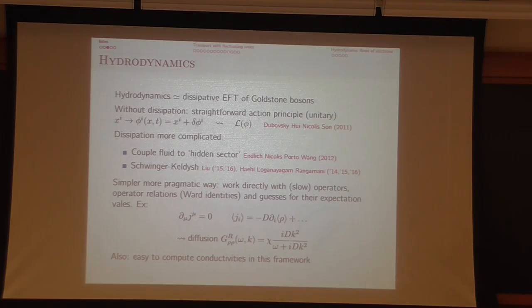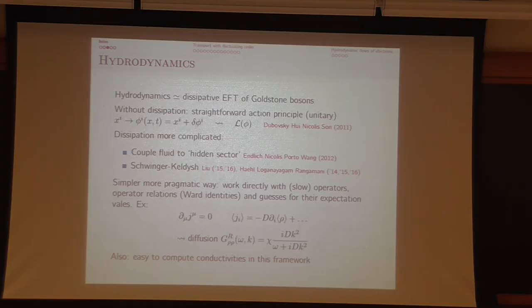But incorporating dissipation is much more complicated because the evolution won't be unitary. So one thing you can do is couple your fluid to a hidden sector and then integrate it out, and have some kind of non-unitary evolution for the remaining degrees of freedom. And more recently, there's been a lot of effort by these two groups in formulating hydrodynamics as a specific quantum field theory on a Schwinger-Keldysh contour. They found a lot of rich structure in this formulation, but in terms of pragmatic calculations, getting conductivities, getting Green's functions, I don't think this is developed enough to be useful at this point, but these are very interesting developments.